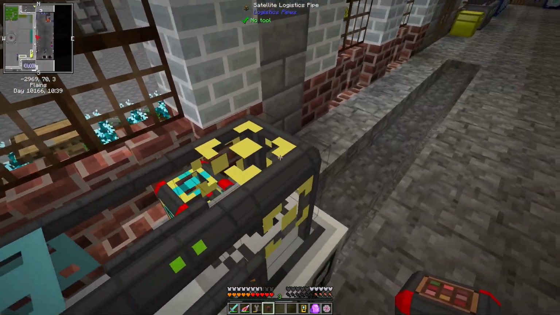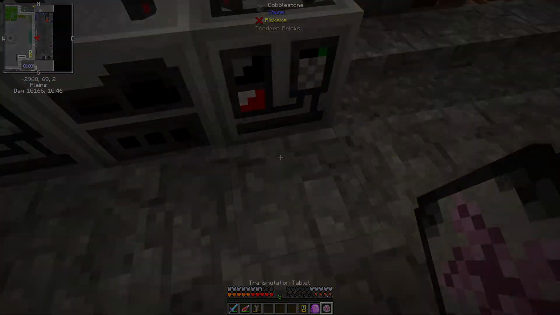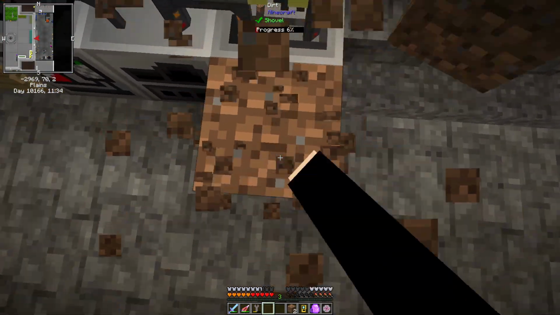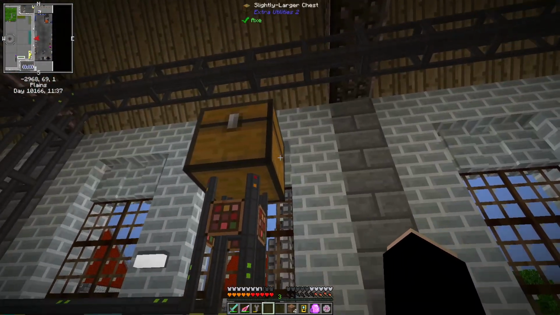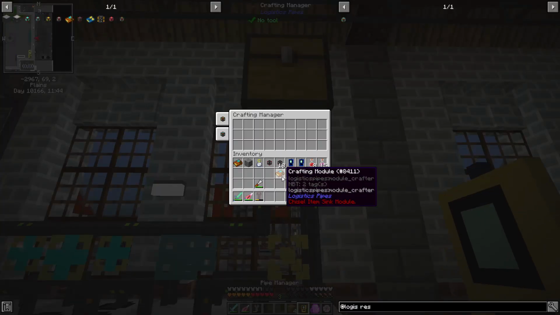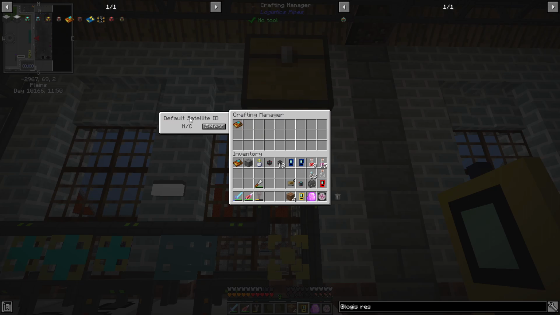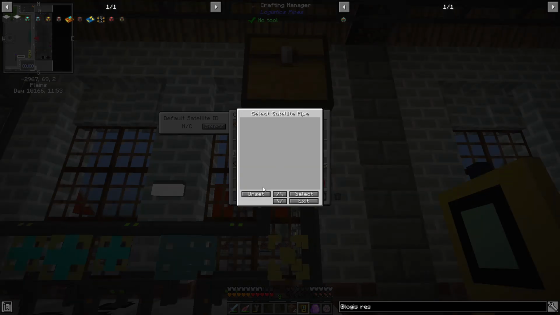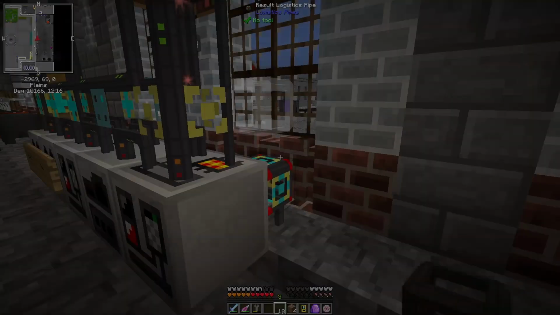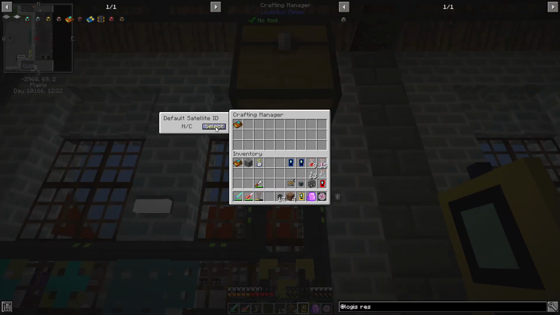Crafting manager should go on top. And I think that I can put a chest. Actually, I'm gonna make this a slightly bigger chest, or larger chest. And the reason is that my assembly machine next to it can have another one adjacent and it won't break anything. So let's see, my crafting module goes in here. Then my default satellite is not connected. Now it is. So now I should be able to set my default satellite to being...